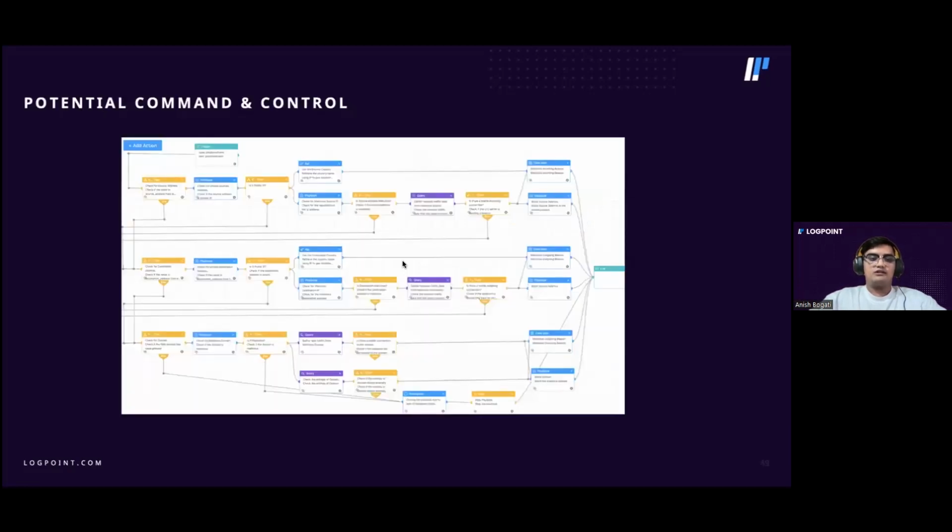Moving on to the potential command and control playbook. It can be utilized to detect communication with the command and control server and respond by blocking those C2 addresses. It works by checking IP addresses and domain reputations in a threat intelligence platform. It also utilizes entropy to detect domains generated with a random domain generation algorithm. After detecting malicious command and control, it responds by blocking the server addresses or domains.